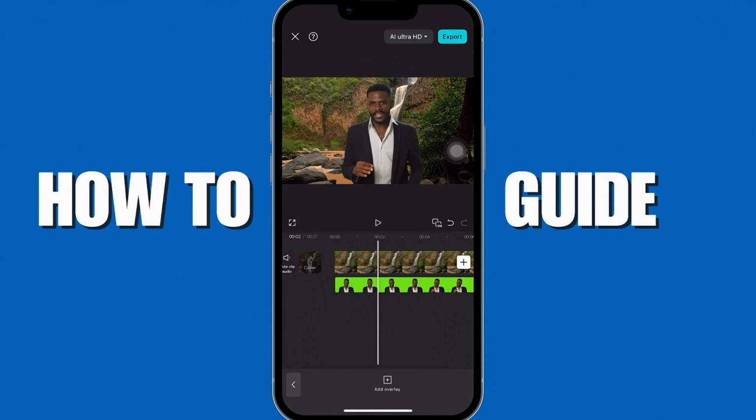In today's video, I will guide you on how you can crop videos on CapCut. So let's get started. First of all, you want to go here into CapCut, and then once